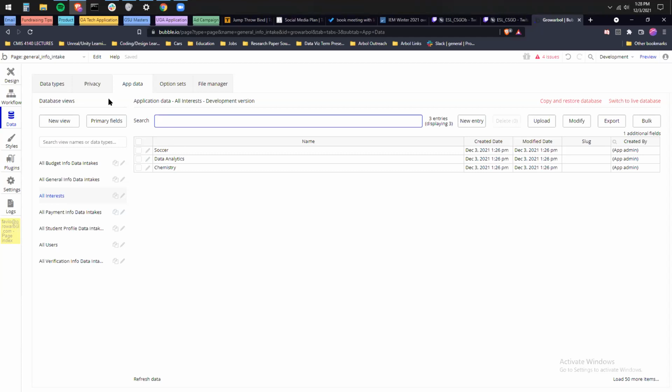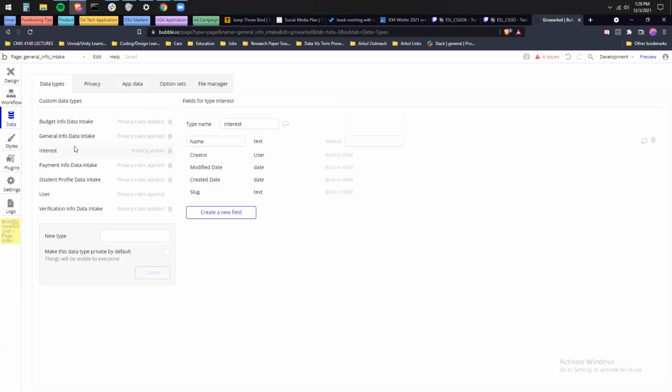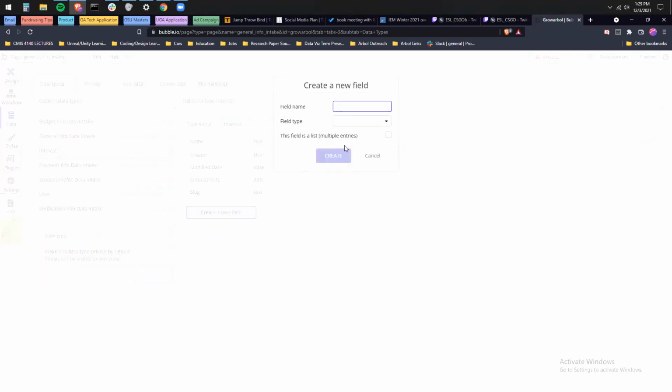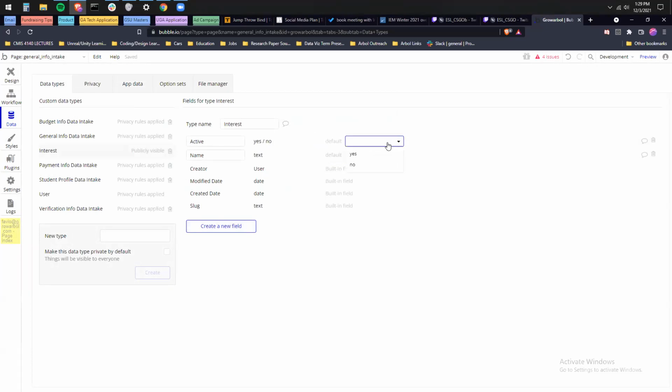If you go to data types, I would add in there a new field called active, yes or no. And then go ahead and create that, and then set the default of that one to no. And then if you allow them to create a new interest, default it to no, but then you can create, like in an admin portal, the ability for Fabio or someone to go through and look at the ones that have been entered and go ahead and activate them if they're good. Okay.